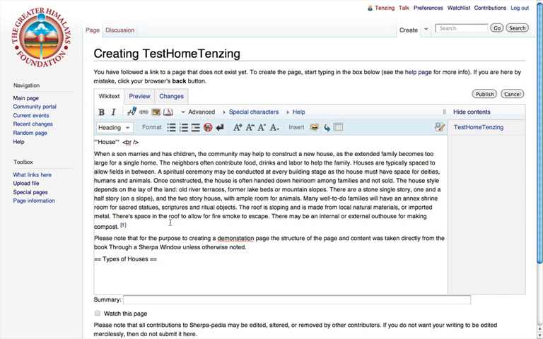Now, under types of houses, I want to write a quick summary about what types of houses exist. I don't want to go into too much detail, but I do want to talk a little about what types of houses are available. So I've created a section, and now I want to preview it to see if Sharepedia did in fact automatically generate a table of contents. So let's go to preview,